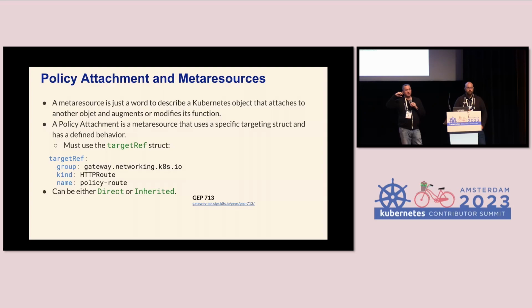But the policy itself can be either direct or inherited. Now, the idea here is to allow gateway objects and stuff that's in the gateway ecosystem to be able to mess with objects that you can't normally mess with. To be able to decorate stuff like service or secret that you can't change the spec of very easily, and we can prototype ways to do stuff like, say,